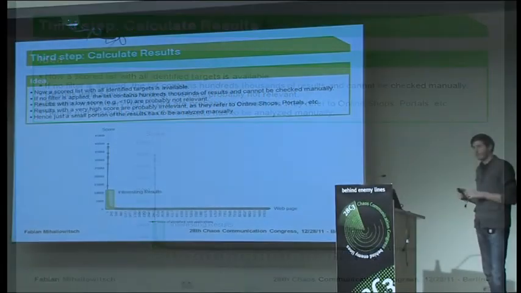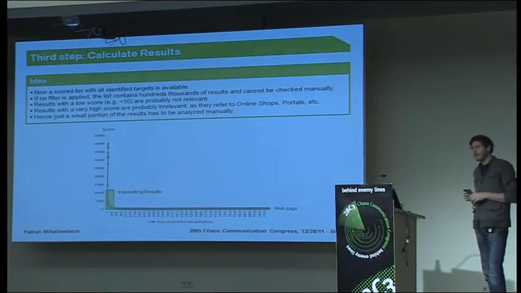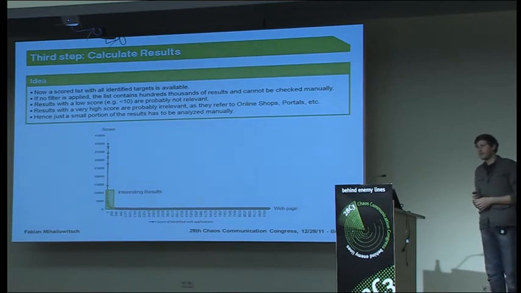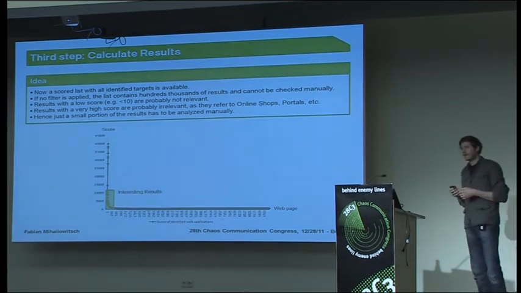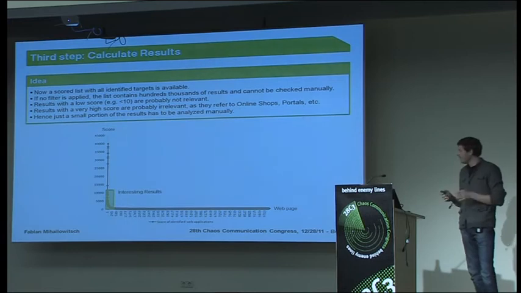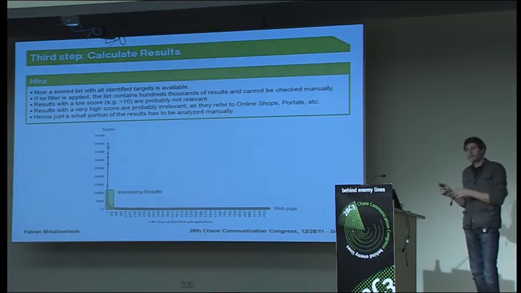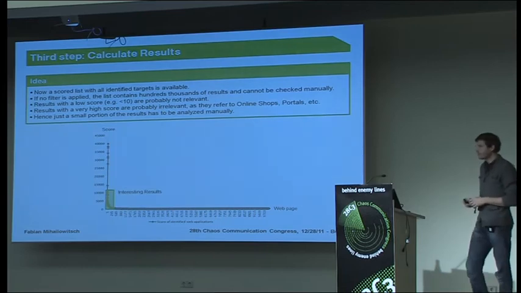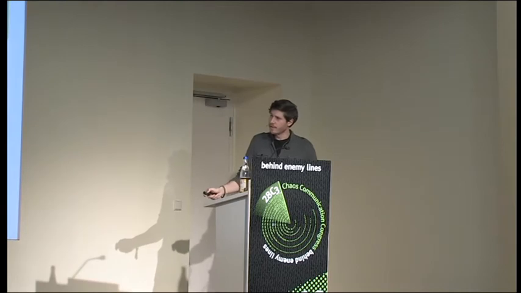So we do have very many pages that we identified which have 1 or 2 score points. So they just contained one term, like maybe a product, and we just can say they are probably irrelevant. We won't take them into account anymore. Then we do have pages with a very high score. That's probably Amazon or some kind of pages which take all the links and search terms you look for, and hence in every search query you find those results. So you can cut down to that